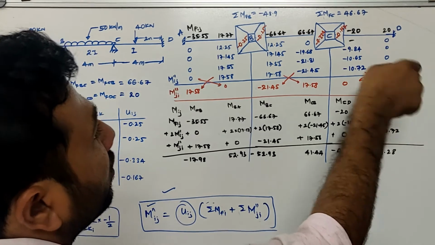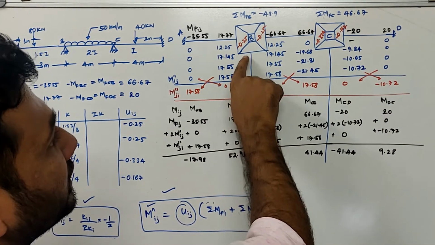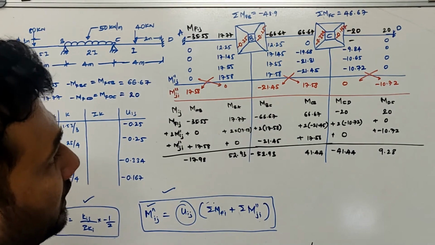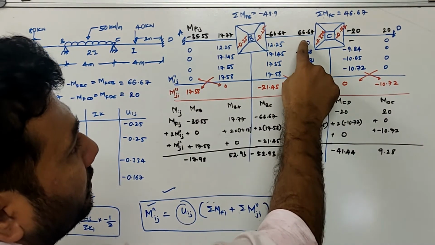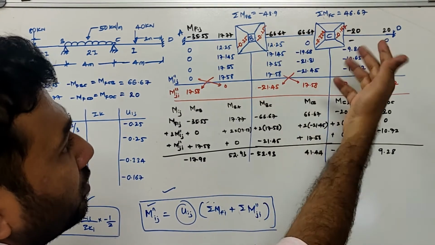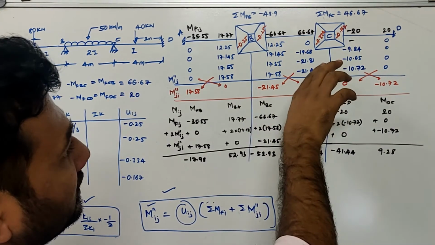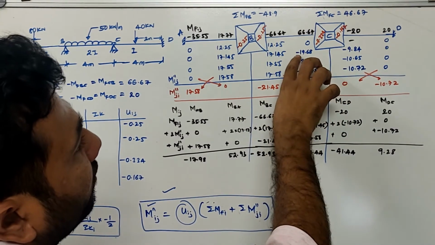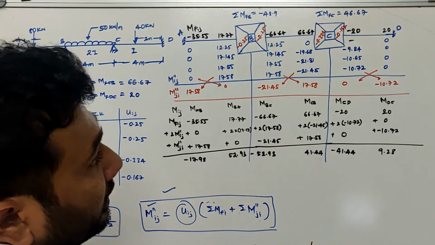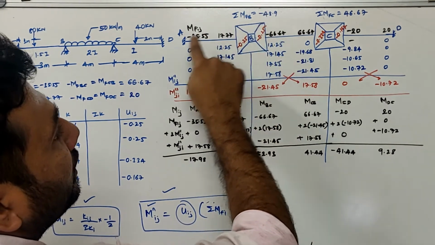Now I'll go back to the first joint, which was joint B. Again in this joint, when I was solving in the previous iteration, I didn't have any value over here, because earlier in the first step I assumed it to be 0, right? Now from the previous iteration itself, I have come to know that the rotation here is nearly equal to 19.68. So now I'll go for the second iteration.